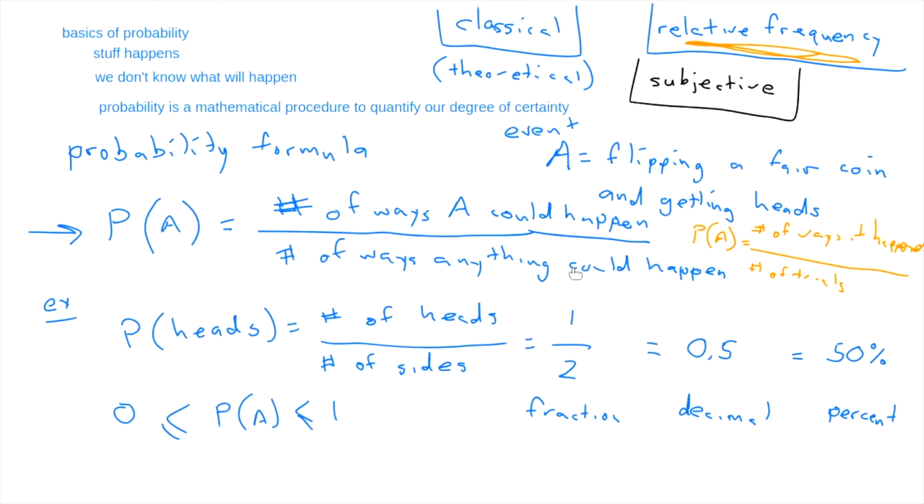So 1/6 is our fraction, and our decimal would be 0.166666, and the percent would be 16.6, and we'll round it eventually. 16.67%. And that would be a theoretical probability for a die. Die is the singular of dice, and that's very, very easy to think about. So they like to give you problems like this. You don't encounter a lot of them in life because relative frequency is kind of where the money is.